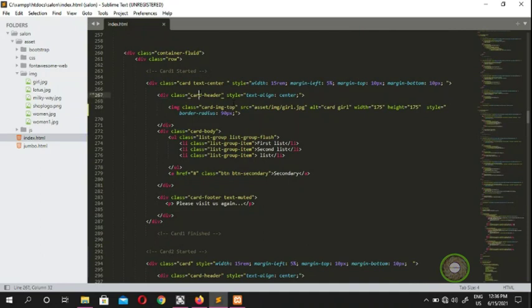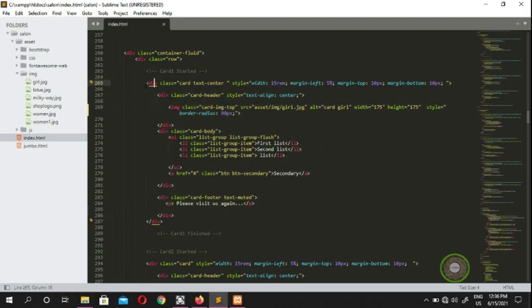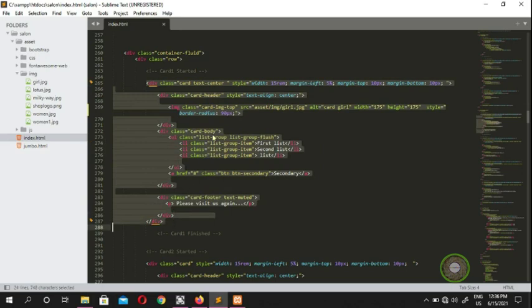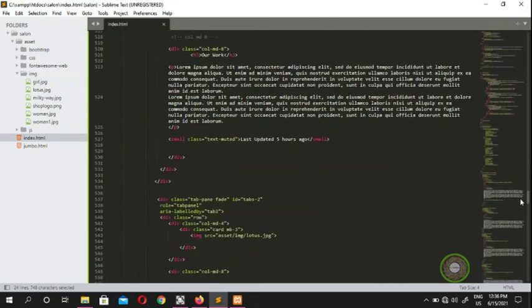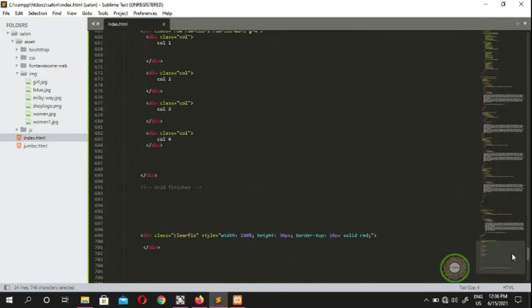So this one, maybe the card header. Okay, so I'm going to copy that one, because this one is card text center. Alright, so I'll just create my card. Don't worry, you might get confused about which code I copied. So on the column,